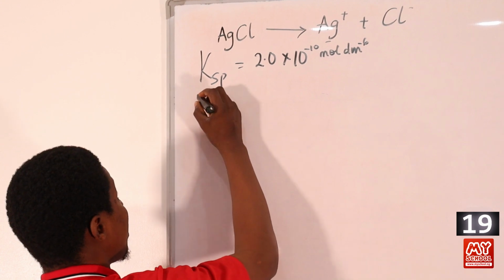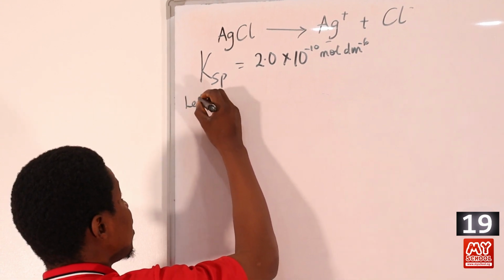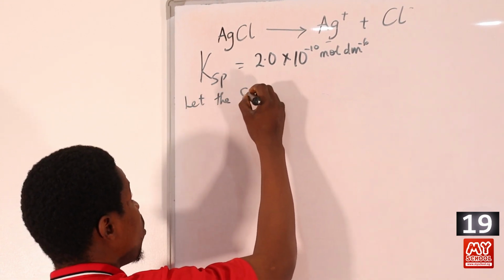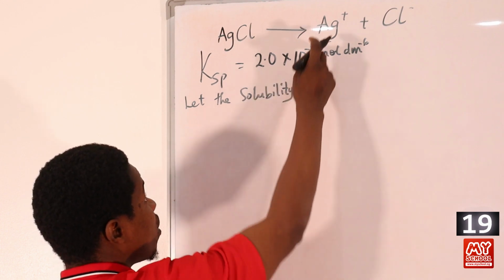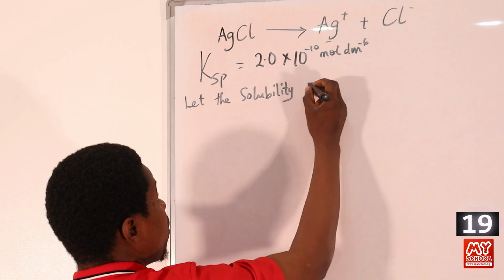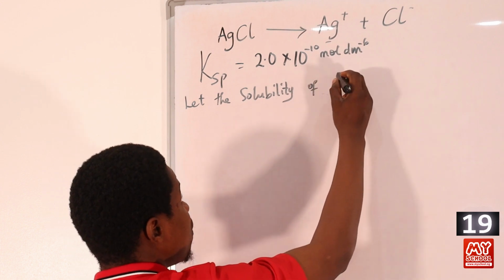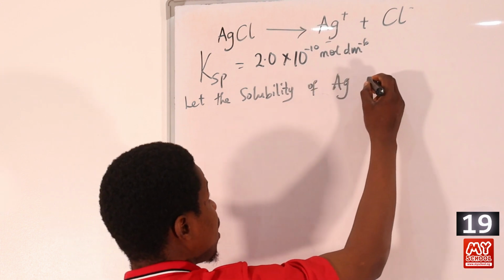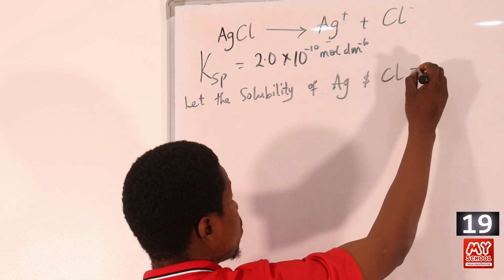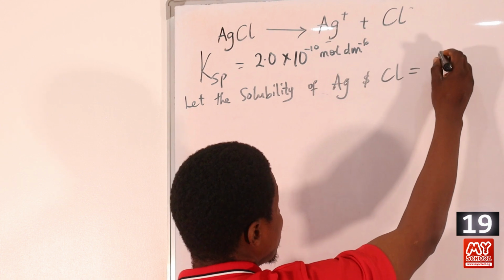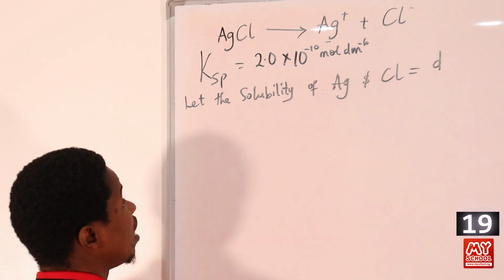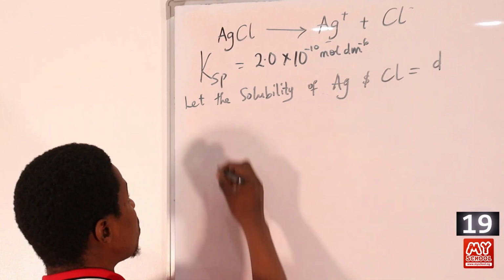But let us say the solubility of silver and chlorine each is equal to, we can represent with letter X or letter D, whichever one you feel like, with letter D. Okay, so if we have that, it means that